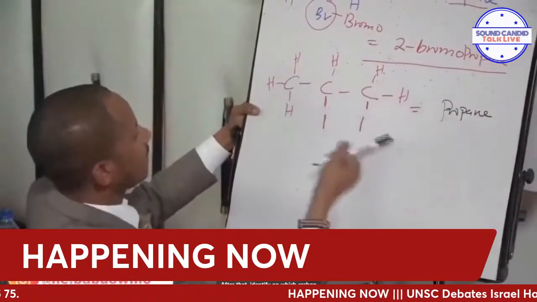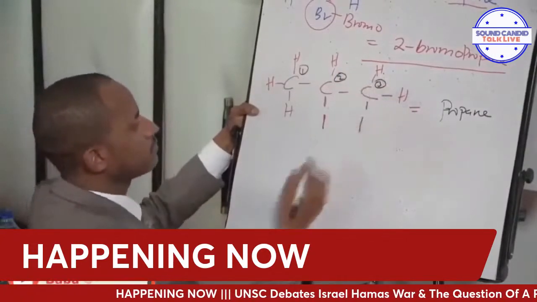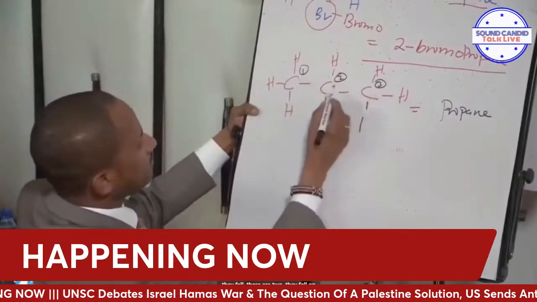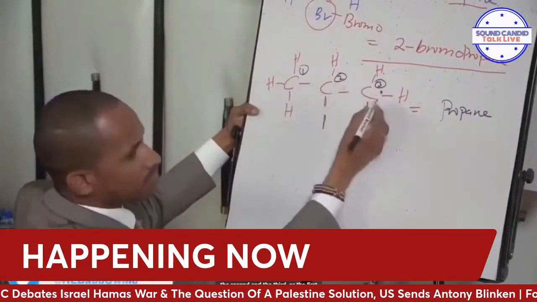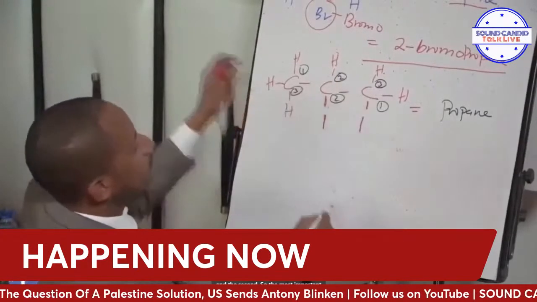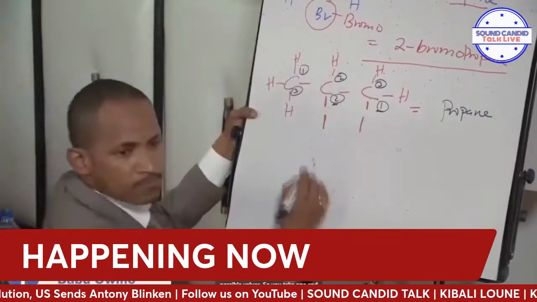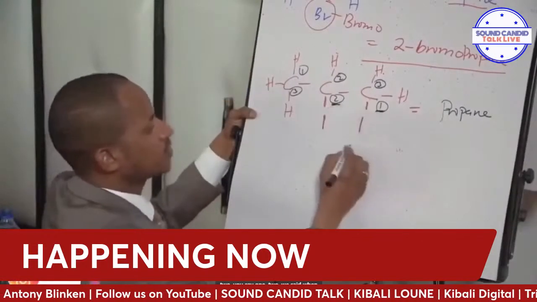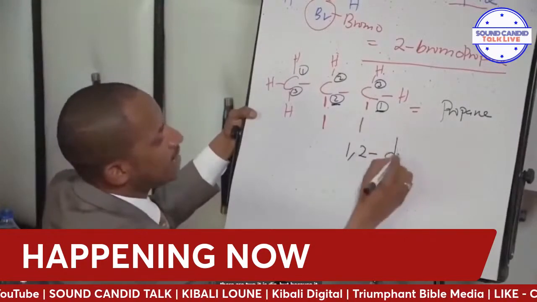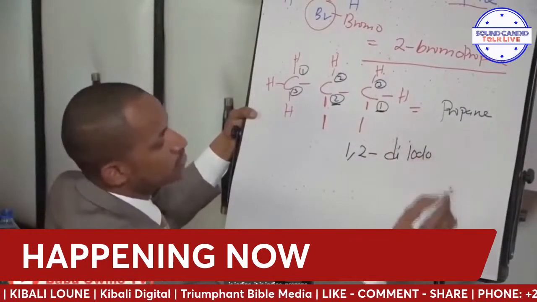After that, identify on which carbon atom does it fall. There are two, they fall on the second and the third, or the first and the second. So the most important thing here, we take the lowest possible values. So you take 1 and 2. You say 1, 2. We said when there are 2 it is di, but because it is iodine it is diiodo propane.